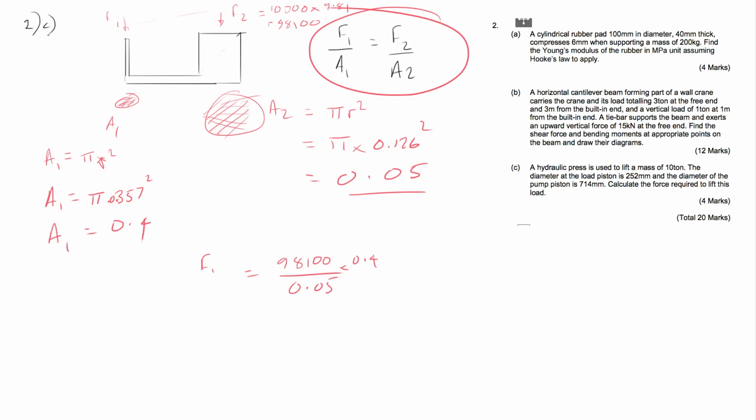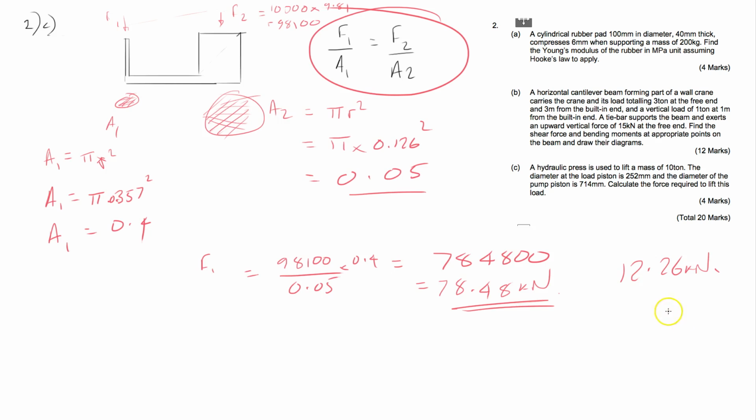Let's process this calculation. So we'll have 98,100 divided by 0.05 times by 0.4 equals 78,800, which is 78.48 kilonewtons. Now I've just reviewed the answer given in the answer guide, and the answer is given as 12.26